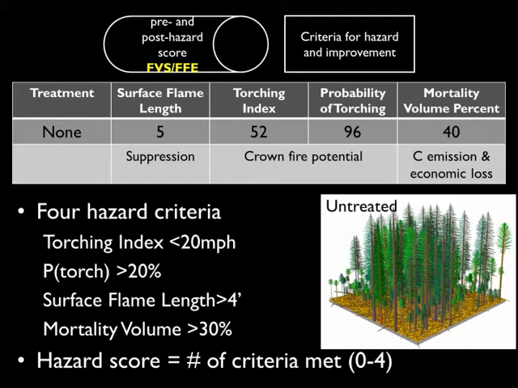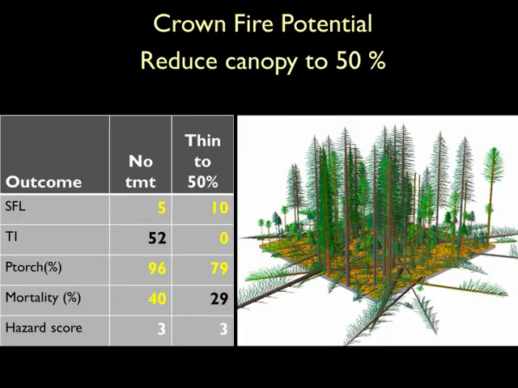Okay, so now we're looking at the same stand, but now we're treating it using the crown fire potential focused treatment, separating the canopy, and we see the changes in the surface flame length, torching index, p-torch, etc. And now I've got in yellow those hazard indices that are hazardous by the criteria, and in black are the ones that are not hazardous. And so you can see that we've shifted the hazard somewhat. We now have a torching index hazard that we didn't have before, and we've reduced the mortality percent, but we still have 3 hazards. And with the enhanced resilience treatment,